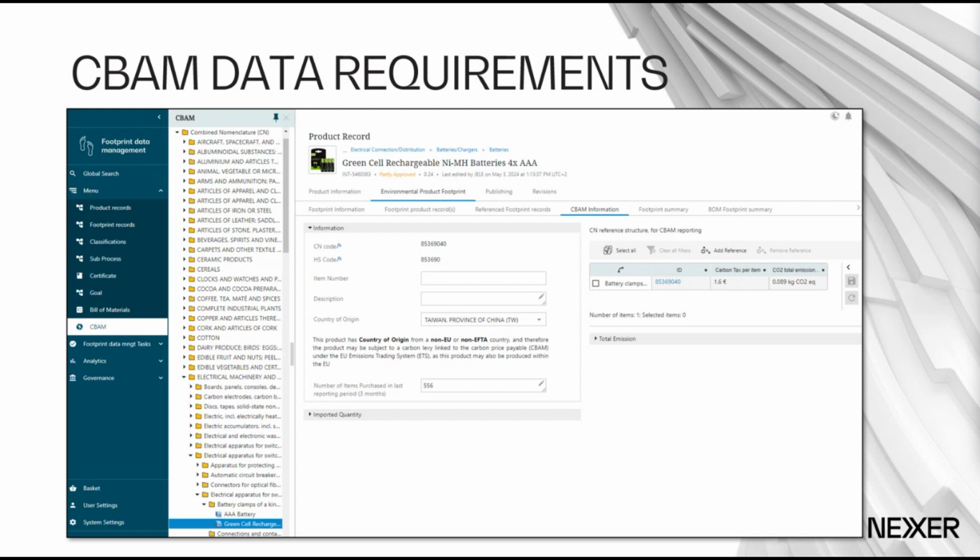So in the previous slide, we saw how different products are coming in. And in this one, we're looking at the detailed part of the product, and we can see how many products have been imported in the last reporting period. Where does it fit into a structure that the European Union has put together called the Combined Nomenclature, and that's the yellow structure to the left. As those working with STEP can see, that is just a classification structure. So we're using some standard components inside the STEP solution.